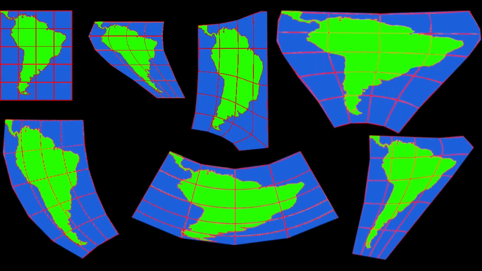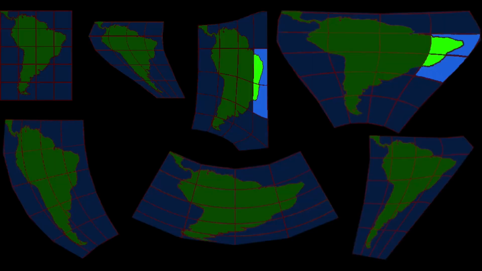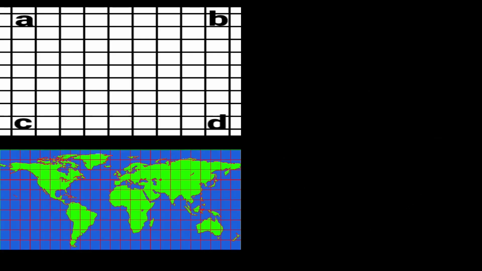The same thing happens with the other continents. The eastern edge of South America can be either pointed or flat, depending on the coordinate system. On the left is a cylindrical coordinate system, where the top line is the North Pole and the bottom line is the South Pole. Cylindrical map projections are the ones most people are most familiar with.